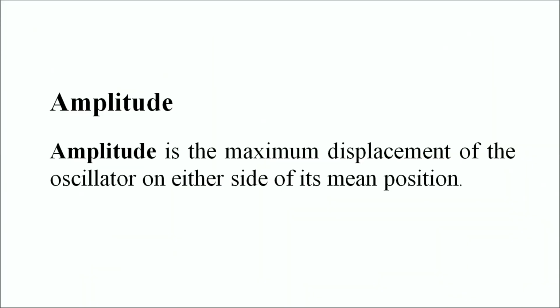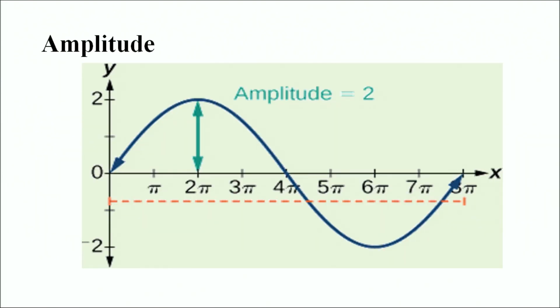So, this is the displacement of the harmonic oscillator at the time t equal to approximately pi. Another very important parameter associated with simple harmonic motion is amplitude. Amplitude is the maximum displacement of the oscillator on either side of its mean position. In terms of the graph, the highest displacement is given at this point, or say at this point. The magnitude of this highest amplitude from the graph is seen to be 2. So, the amplitude of this system is 2. Similarly, on the negative side, the amplitude is minus 2.